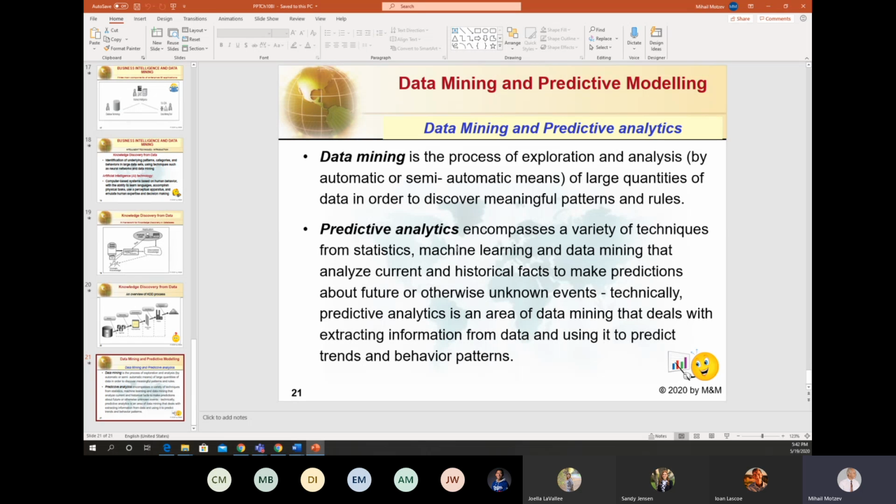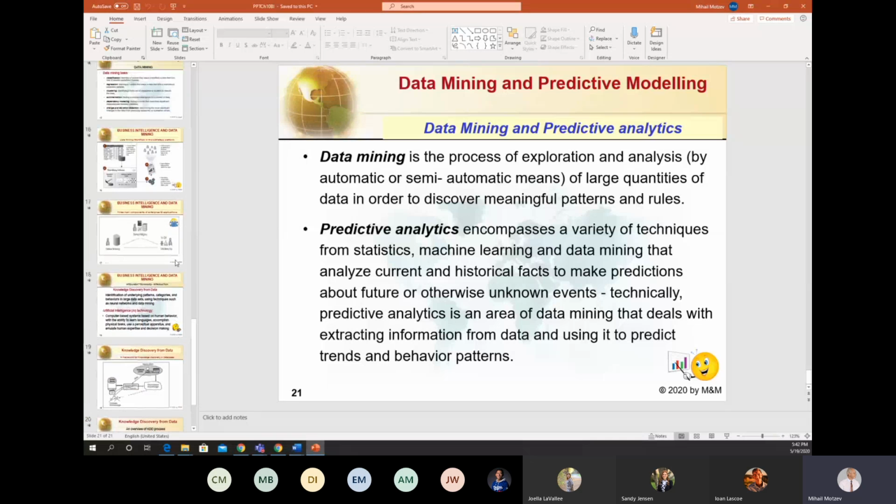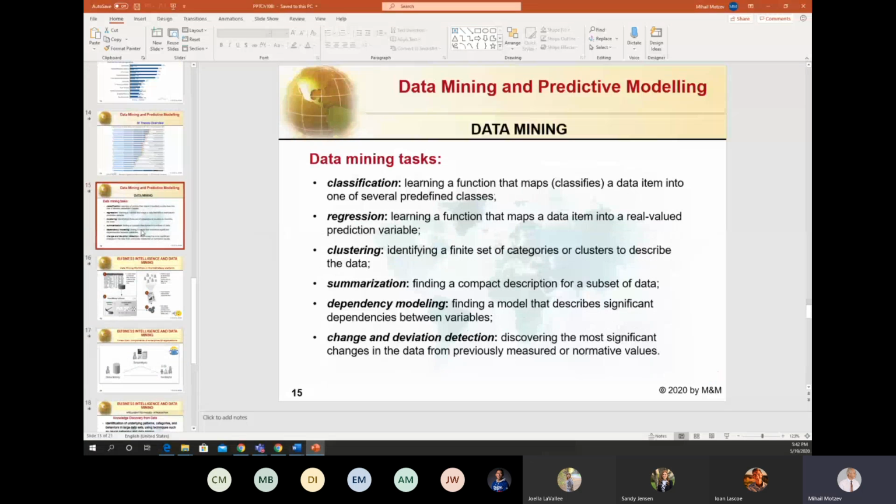So let's say that we'll consider predictive analytics as just part of, or a combination of, techniques and tools from statistics and machine learning, and their combination, this is the data mining, with the goal of, here we'll return to the data mining task, to identify rules, discover rules and knowledge.